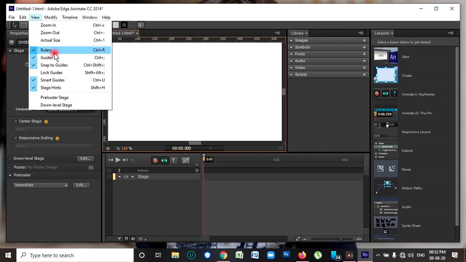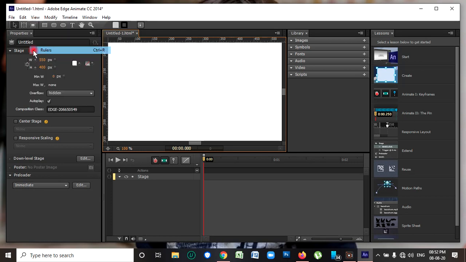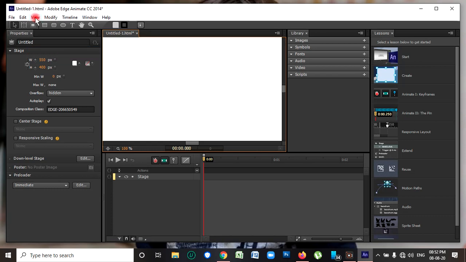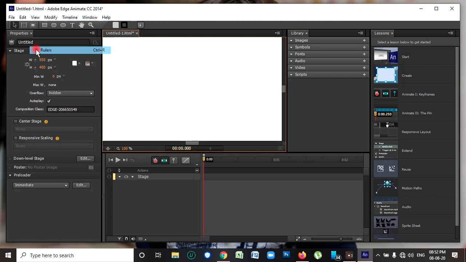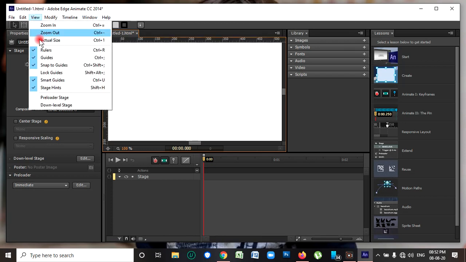See here, sometimes the ruler disappears. If you want to bring it back, click on it and the ruler will appear. Okay, and Guide, Snap to Guide, all these options are available here.